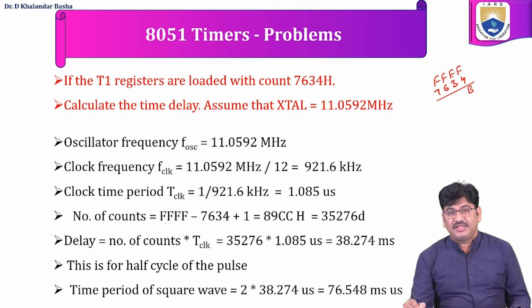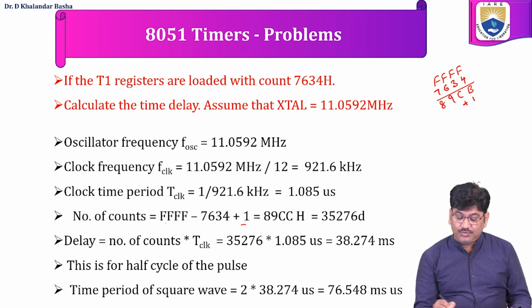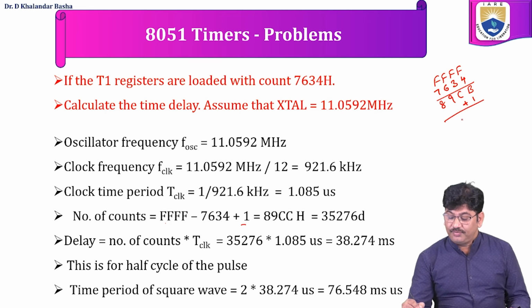Next, F minus 3, 15 minus 3, which is equivalent to 12. F minus 6, 15 minus 6, which will give us 9. F minus 7, 15 minus 7, which will give us 8. Right? So for this we have to add plus 1 because the count is starting from 0. Now the total count is 89CCH. If we convert this into decimal, which is equivalent to